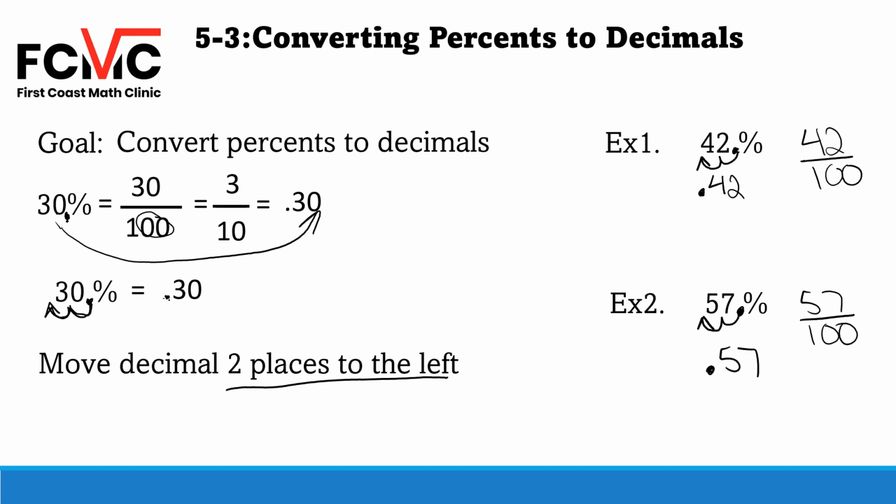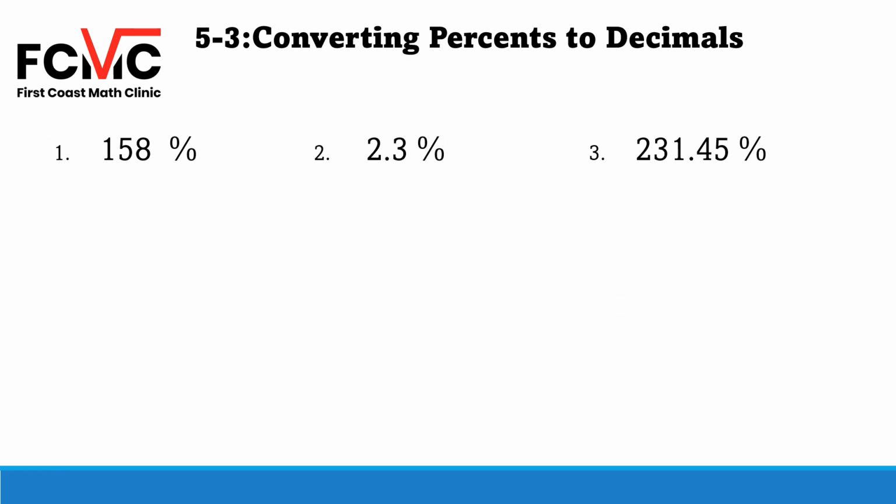All right, let's do some more examples converting percents to decimals. So number 1, we've got 158%. So we know our decimal, again, is all the way to the right, since our decimal is not visible in our number. So again, we know that this is just 158 out of 100. So we've got to account for those 2 zeros. So we're going to move our decimal point 2 places to the left, 1, 2, and our decimal winds up in between the 1 and the 5. So this is going to be